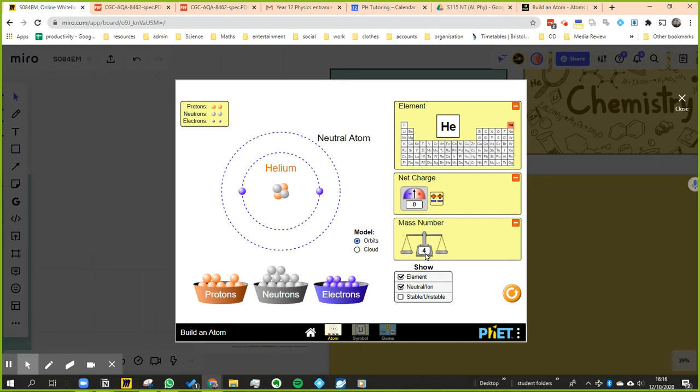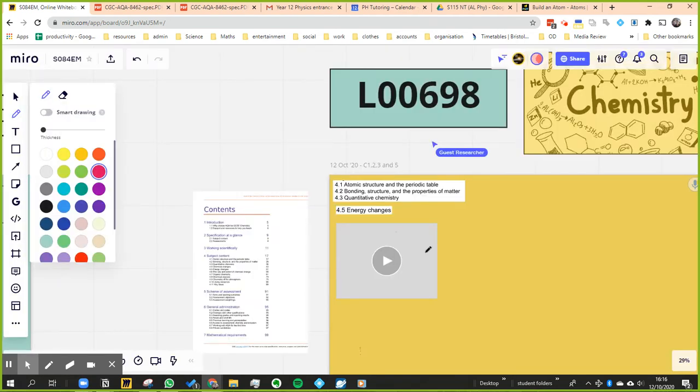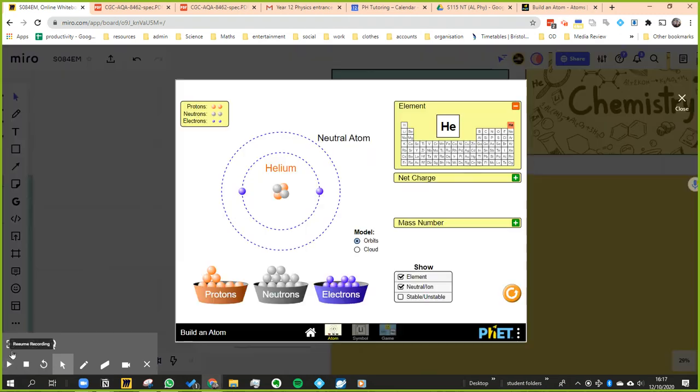And the mass number is determined by the protons plus the neutrons. Right, so basically this is helium. If I do helium there, then it's got an atomic number of 2, a mass number of